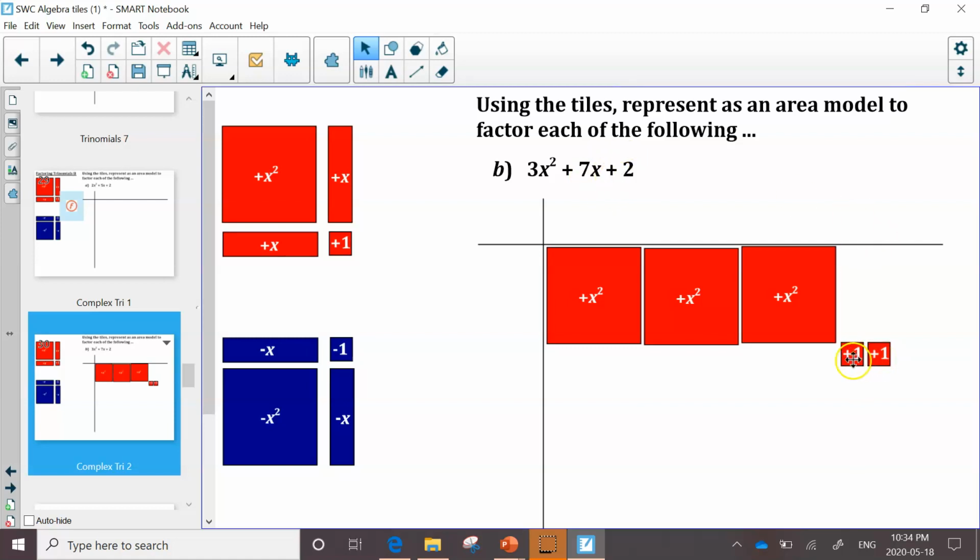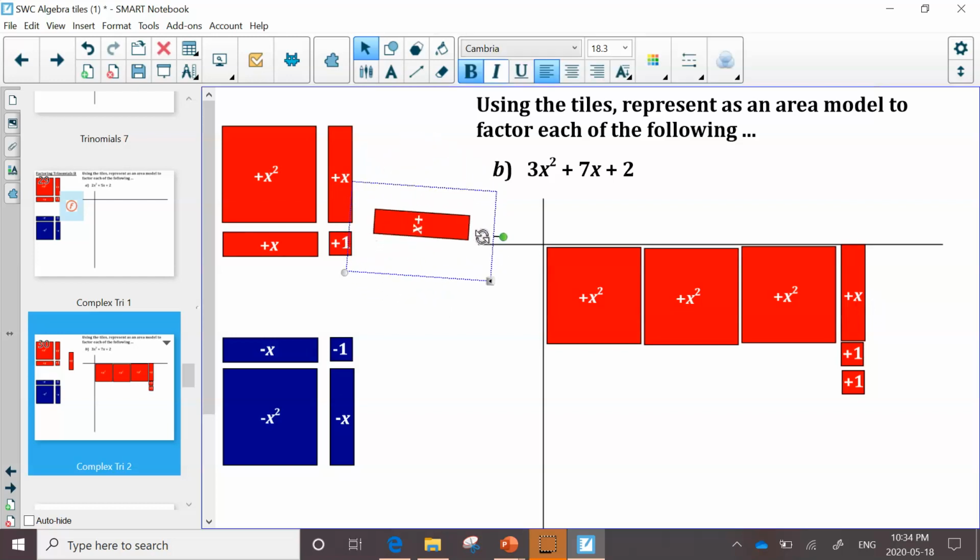Now this plus 2 can be arranged like this or like this. We have to think about which arrangement gives us 7 x's. So if I put these side by side, I can kind of picture that one x will be here and another x will be here. So that's 2, 3, 4, 5. Okay, well that's not the 7 that I need. Whereas if I align it the other way, then I'll have 1x here, and then I'll have 6 of them